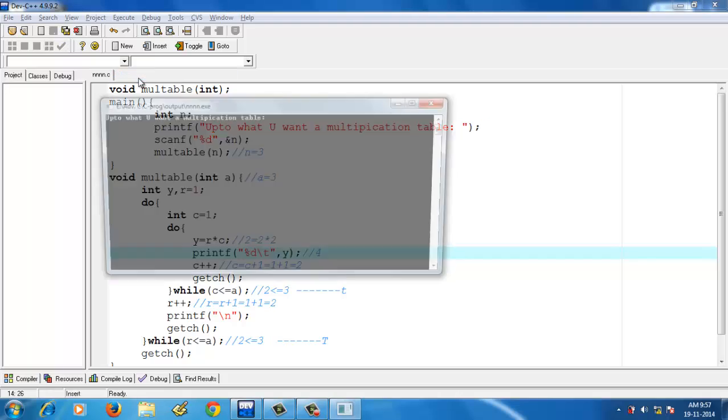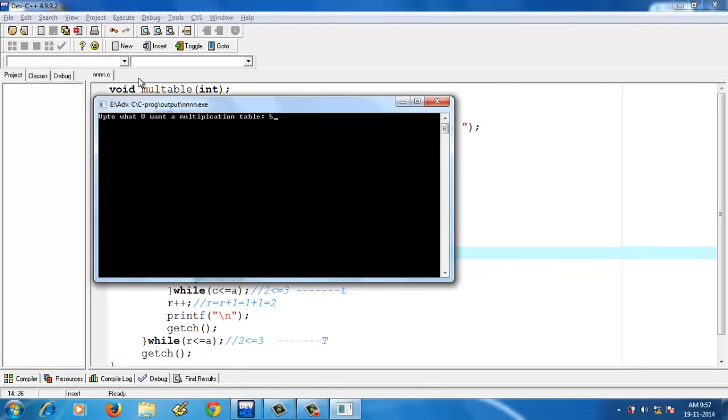So run it and you give a value 5, then first is 1, then 2, 3, 4, 5, then again the control goes to second row, first row is 2, second row 4, 6, 8, 10, then 3, 6, 9, and in this way the total